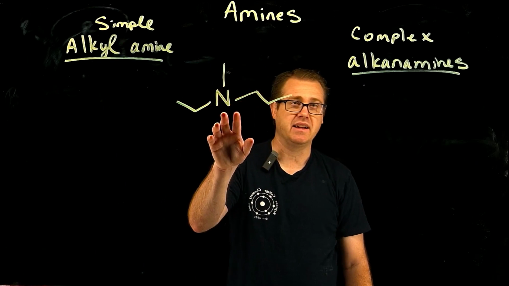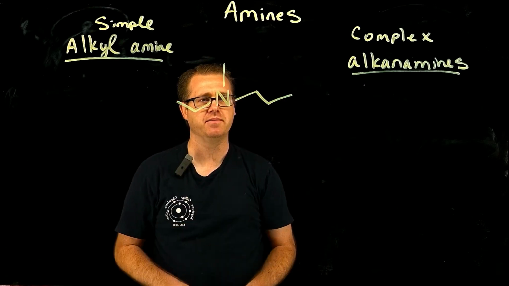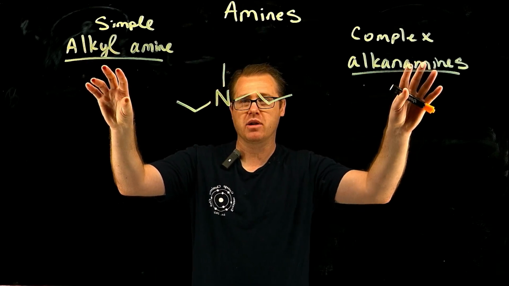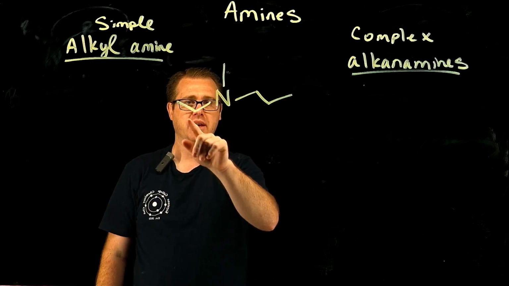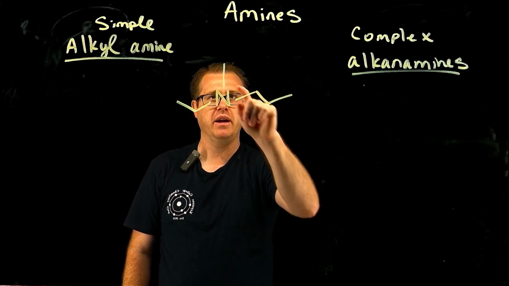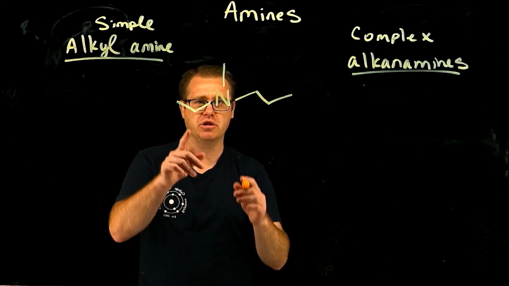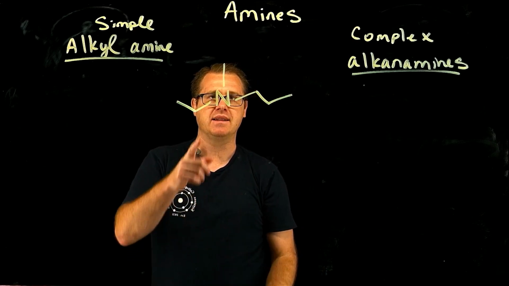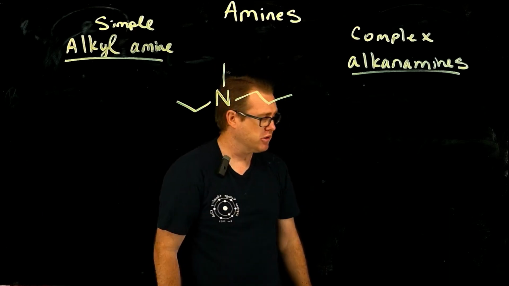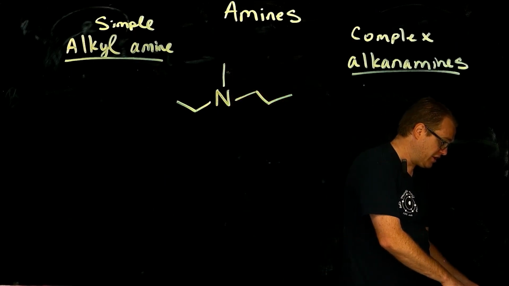Now with secondary and tertiary amines, this you can see is a tertiary amine. You can use the simple alkyl way or the alkane amines, the more complex way. But when you look at these, the substituents look really, really simple. 1, 2, 3, 1, 2. So you could use the alkyl method. So you just look at each substituent and say, hey, that's a methyl, that's an ethyl, that's a propyl. So all you have to do when you name it with the alkylamine method is